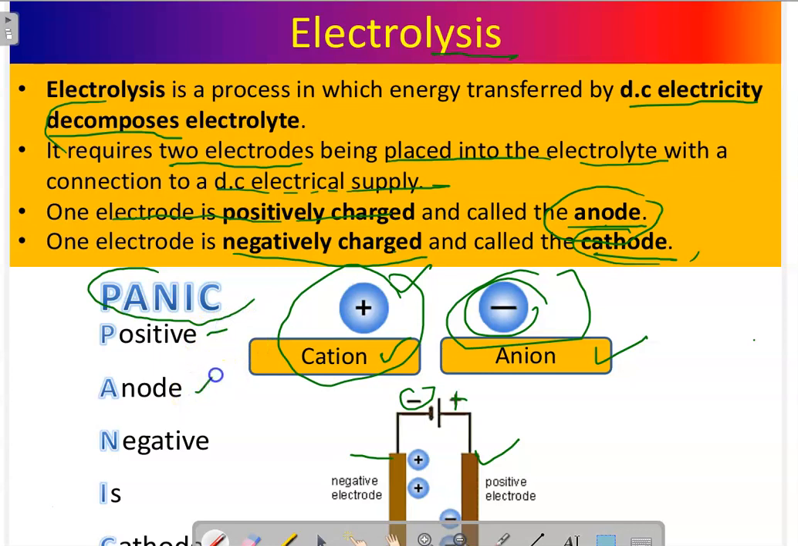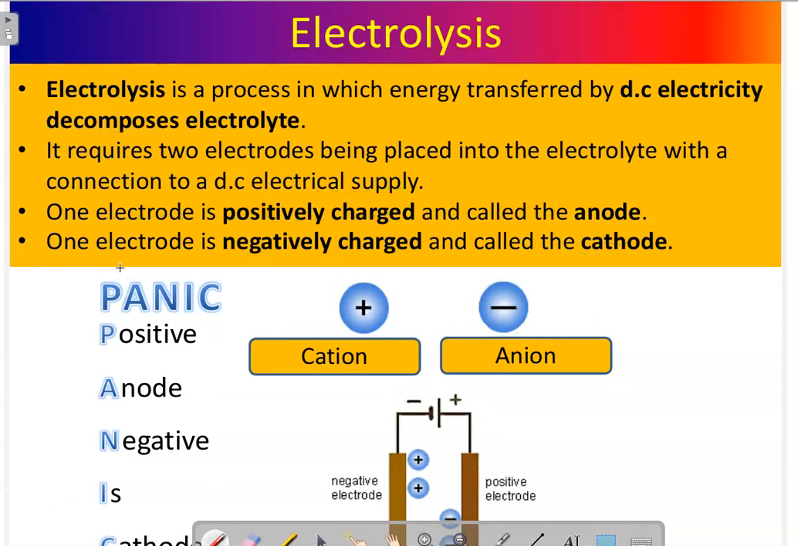Positive anode, negative is cathode. Okay, so the positive electrode is the anode and the negative electrode is the cathode. Right. Now,